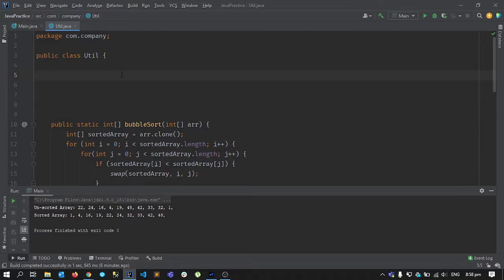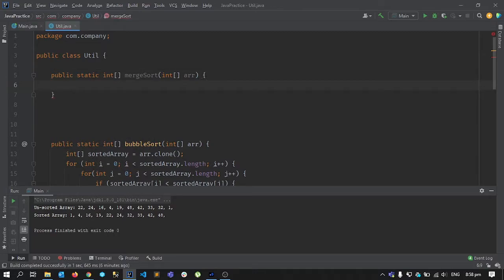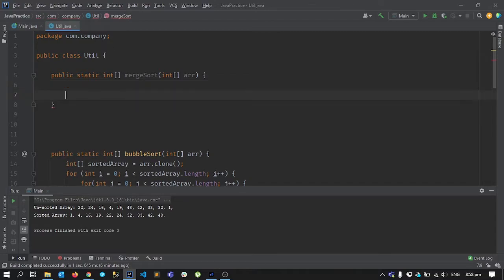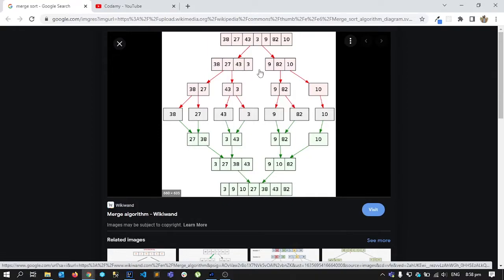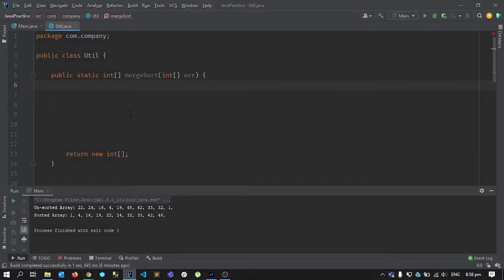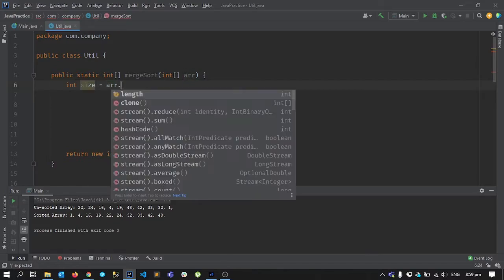The first one I'll call merge sort, and it will take an array as an input, and let's say it returns an array at the end, right? Now this is temporary. To start with, we have an array and we have to divide it into two different parts. First off, we should have some variable that has the size of this array, right? So we'll say int size will be arr dot length,